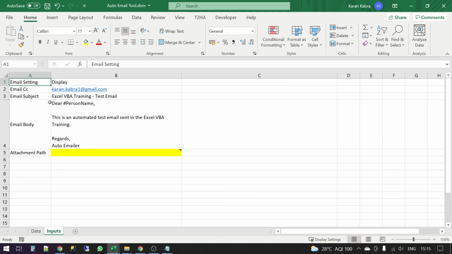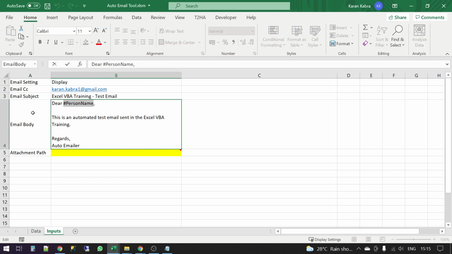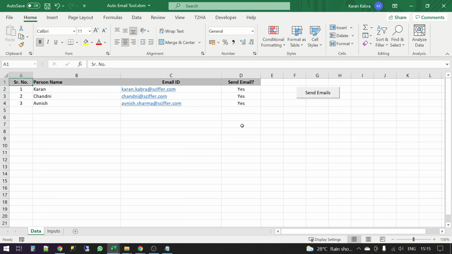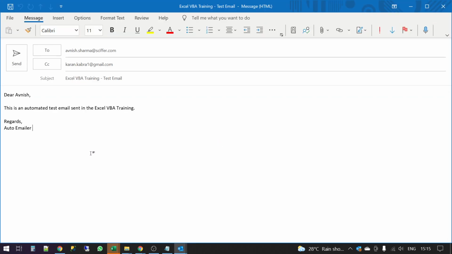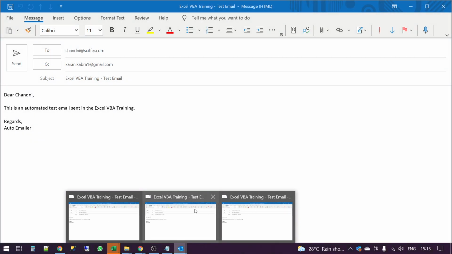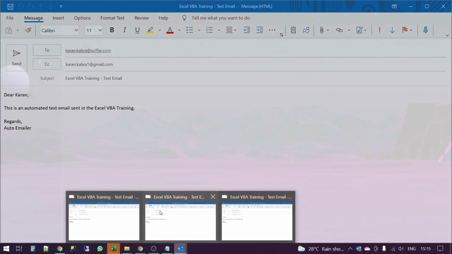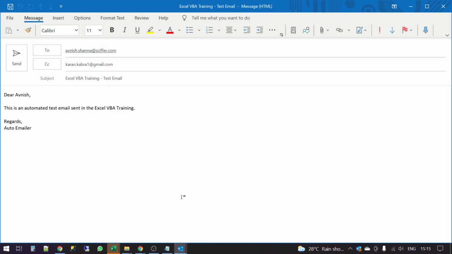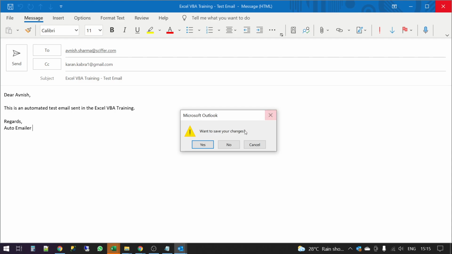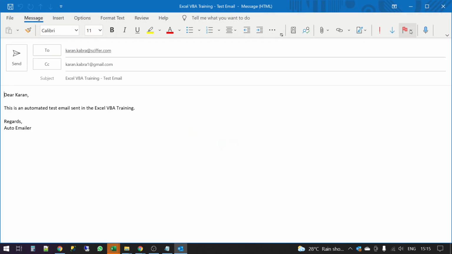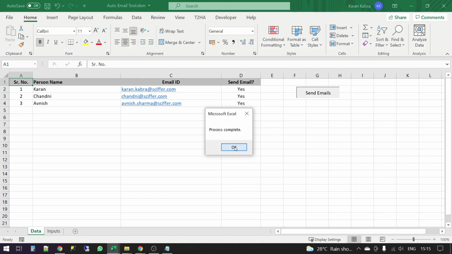And this is a sheet that I've created just to have an input of what the subject should be, what the body should be. So you can see there's this variable that I've used here. Just for reference, I'm just showing you. So let me run this and show you how this works. You can see there are 3 emails that have been created in Outlook. These are the 3 emails. I could also have changed the setting to send them directly rather than displaying them here, but I wanted to show you that these 3 emails are getting formed.